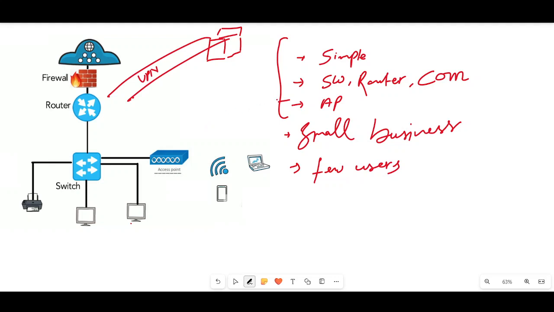And if you want to talk about where we can use it: small businesses, small offices. Clear? Home offices, freelancers, independent professionals, retail establishments.